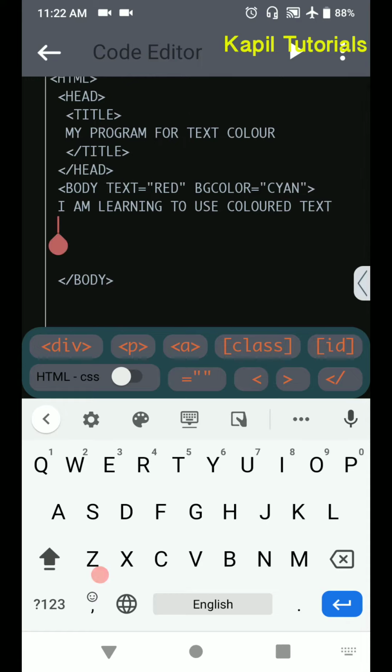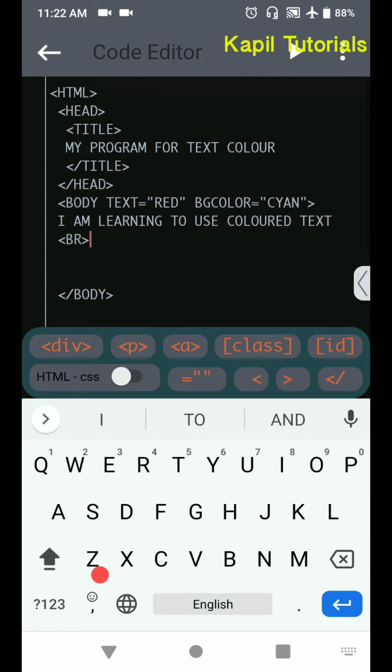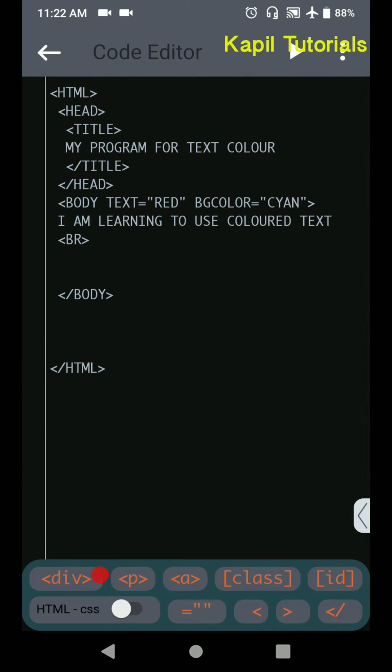In the same way, one more command I can tell you, br. There is no need to close br. Why do we not have to close br? Because br is an empty tag. The tags we are using, like HTML: HTML starts, HTML we have to close.